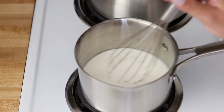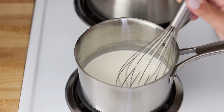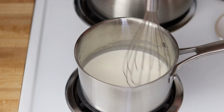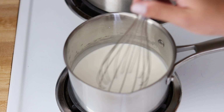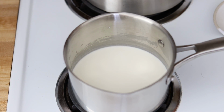While we wait for that to happen, I do want to explain that although I'm using semi-sweet chocolate in this video, know that you can use other types of chocolate to make ganache, but the ratio of how much heavy whipping cream to chocolate you'll use totally depends on the type of chocolate you're working with. This is because different types of chocolate have different ingredient structures. For example, since white chocolate does not contain cocoa solids, it will require way less cream than a semi-sweet or